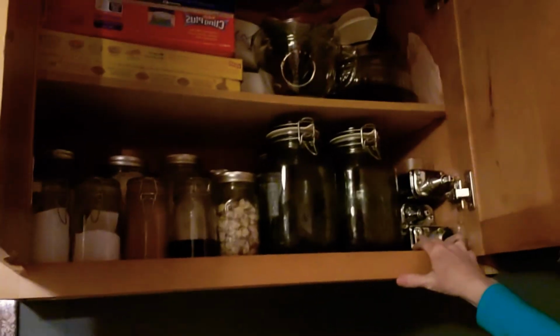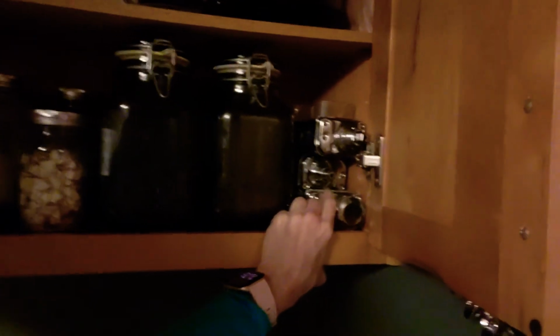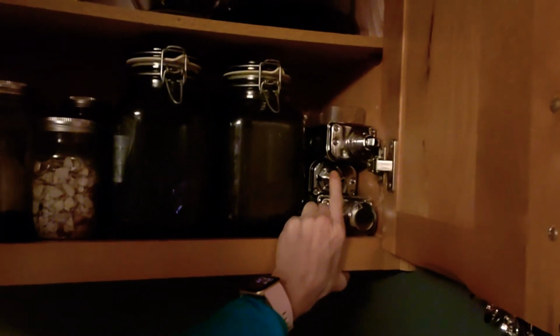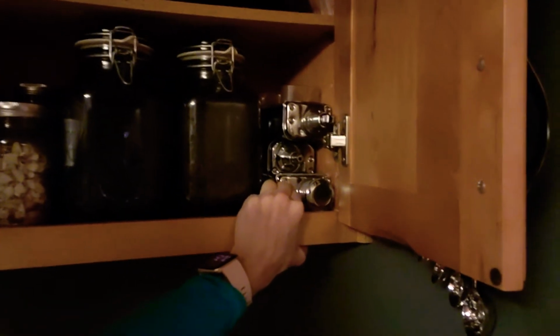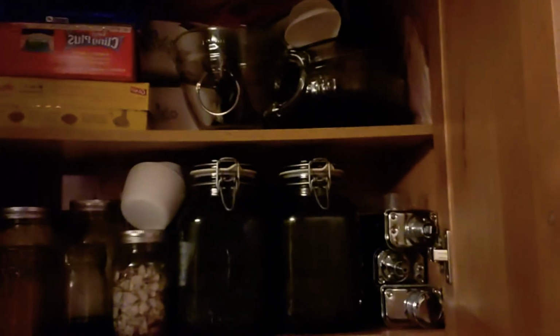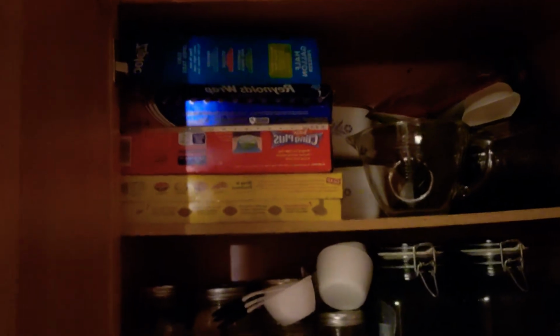I'm trying to aim you guys because I turned the camera around wrong. My son bought me the pasta attachments for my KitchenAid a couple years back. One does spaghetti, the other one does fettuccine, and the other one does the sheets for lasagna. So I keep that in there. I also keep my measuring cups up in here. Any extra measuring cups, the glass Pyrex ones, I keep there. And I keep the basic parchment paper, my Ziploc baggies, my Reynolds wrap,